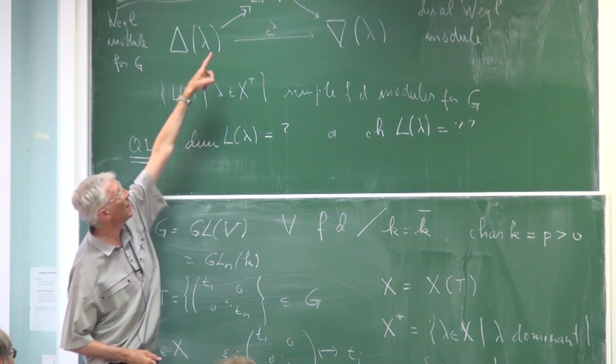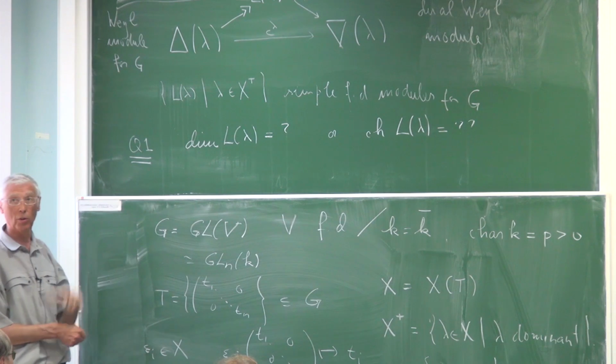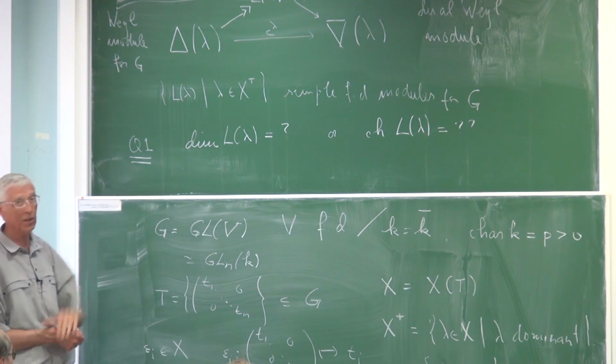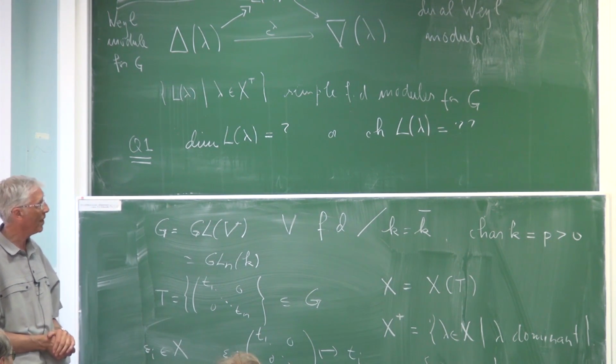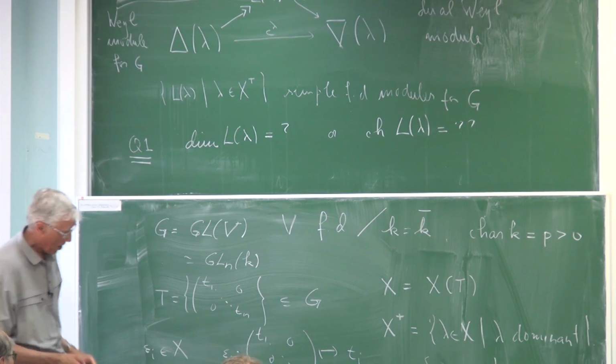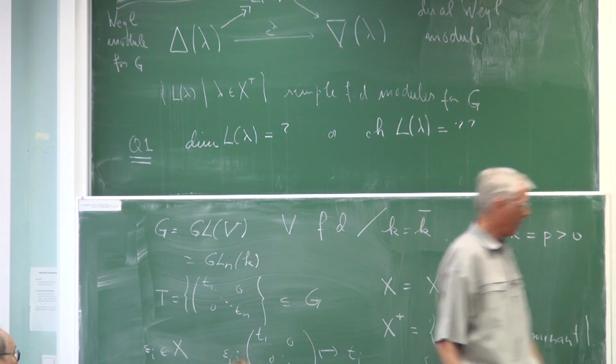But now what is the simple quotient or the simple submodule? That's the question, and that turns out to be a very hard problem. So before I say more about this, let me